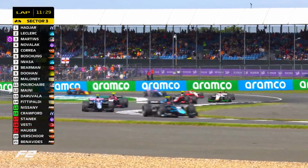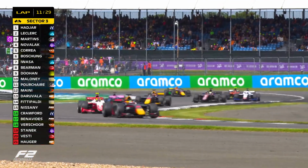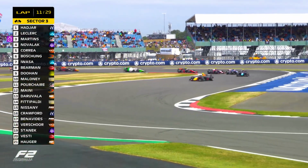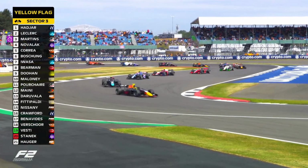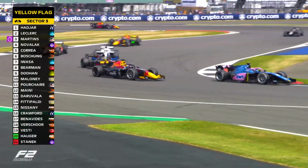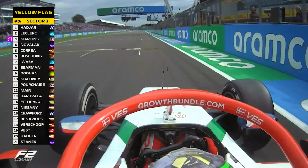We are green once again here at Silverstone, and Victor Martins trying to get on the attack of Arthur Leclerc as the field fouls their way through Abbey. We've got cars dropping down in Stanek, championship leader Vesti and Hauger as well. So something has clearly gone on to our championship leader, Frederik Vesti. A disastrous restart for him as the field makes its way to...